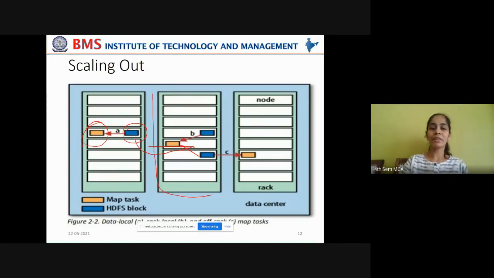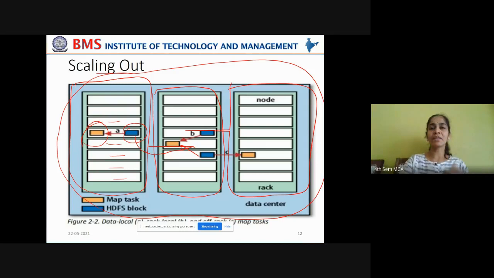You can see this is one cluster of data nodes. This is one cluster of data nodes. In this, each part is called a rack. And this entire thing is the data center. Understand the setup here. This entire part is called the data center. In this data center, you have cluster 1, cluster 2, and cluster 3. Now, under each cluster, you have racks. These white things are called racks. In these racks, you have the data nodes or the processing units.